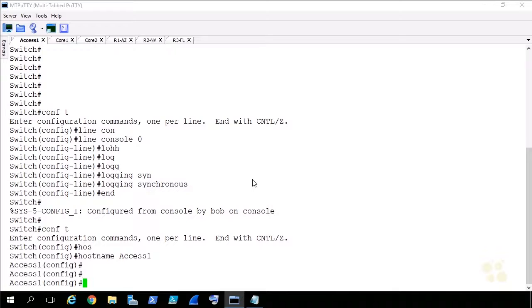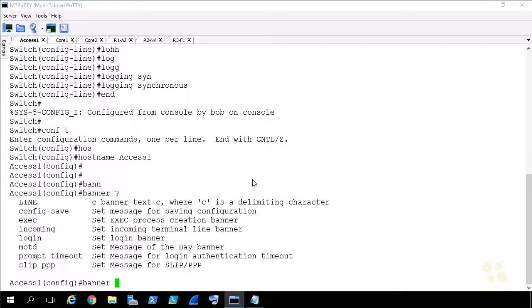So let's go ahead and do that too. So we'll do a banner, do a question mark, and there's several different types of banners that we could use. And let's talk about banners for a moment. There's various types of banners we can use. The one we're going to use now is a message of the day banner, which basically means when we connect